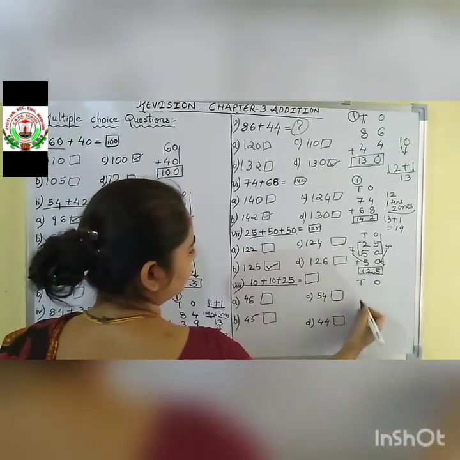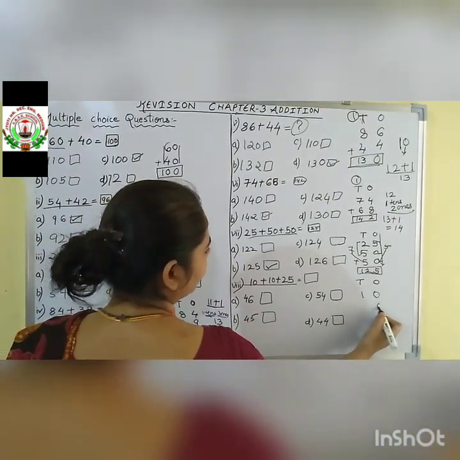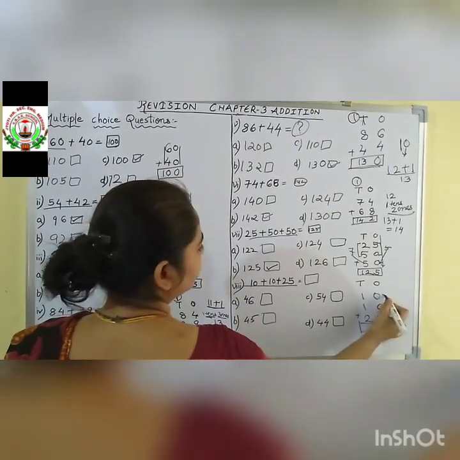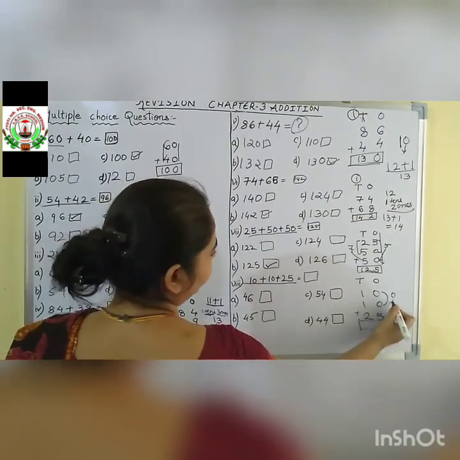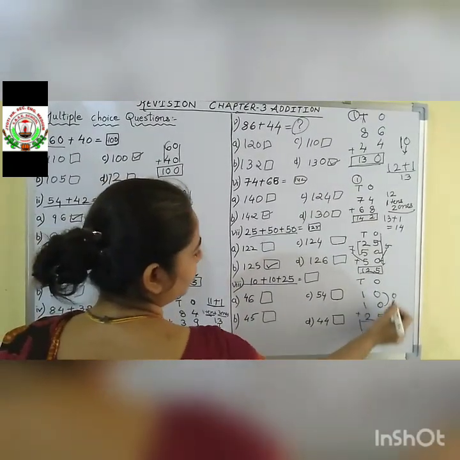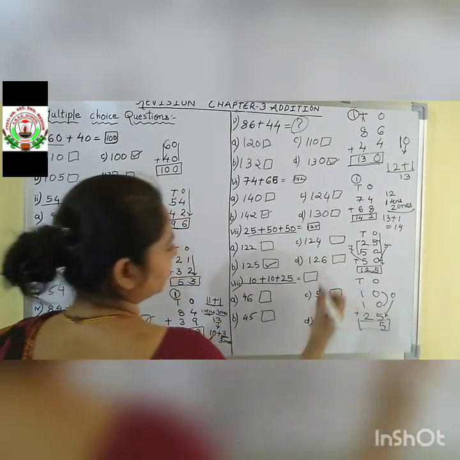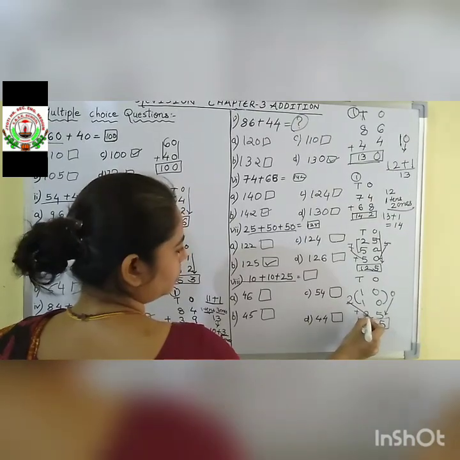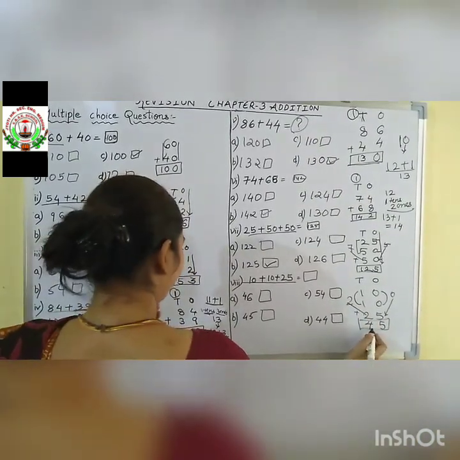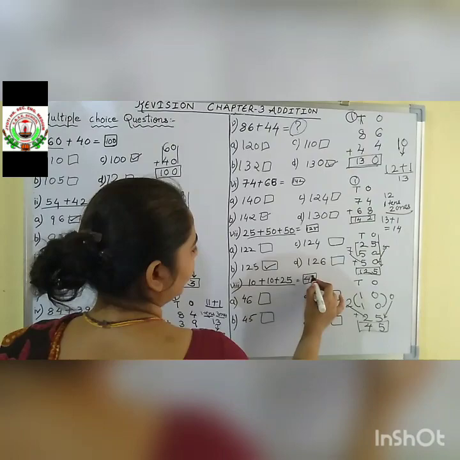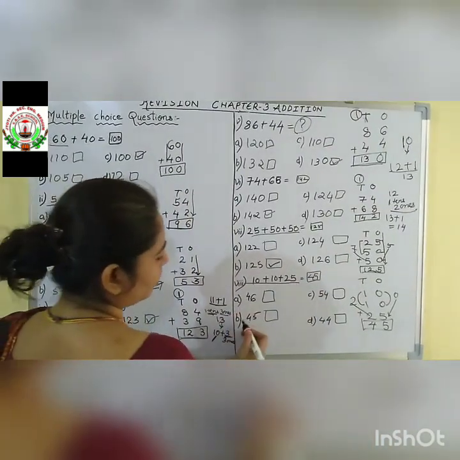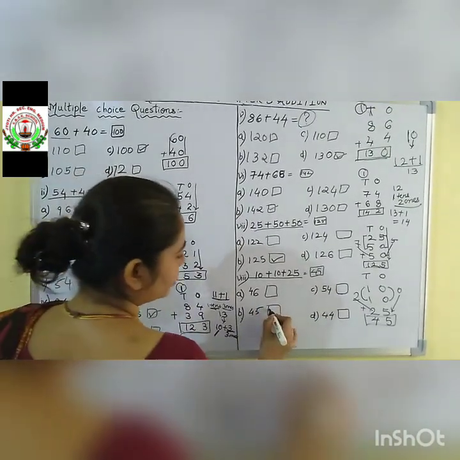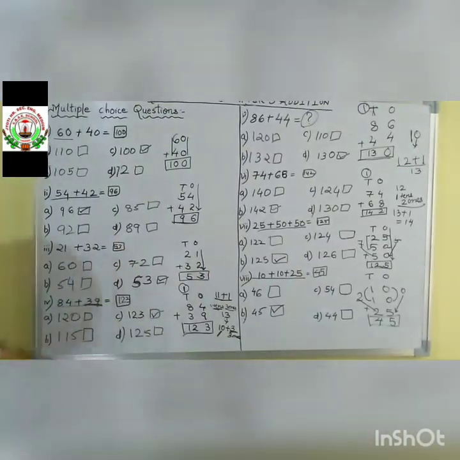Tens, ones. 10, 10 and again 25. Let us do the addition. 0 plus 0, 0. 0 plus 5, 5, the number itself. Then tens place, 1 plus 1, 2. Then 2 plus 2, 4. Our answer is 45. We'll write it down here like this. Option A 46, option B 45, option C 54, option D 44. Yes, 45. So B is the correct answer.